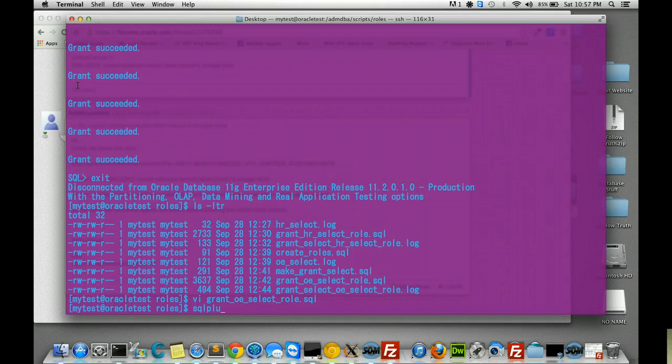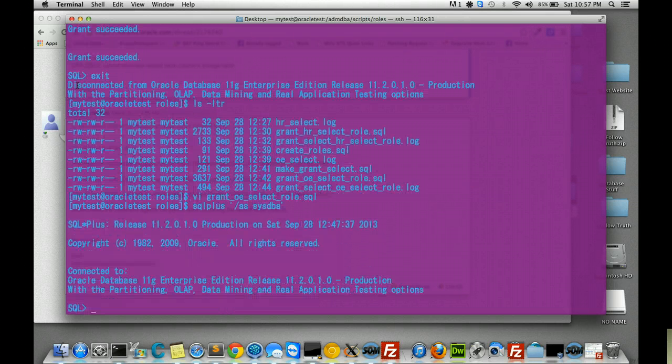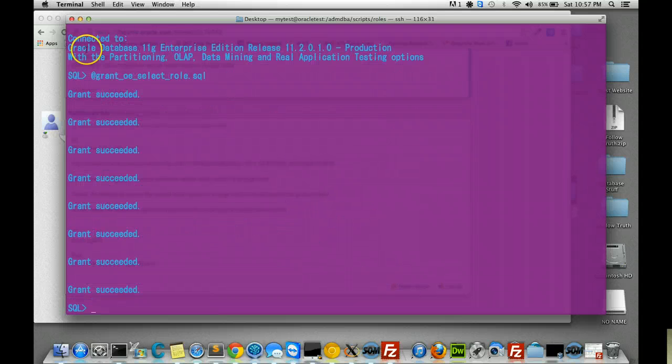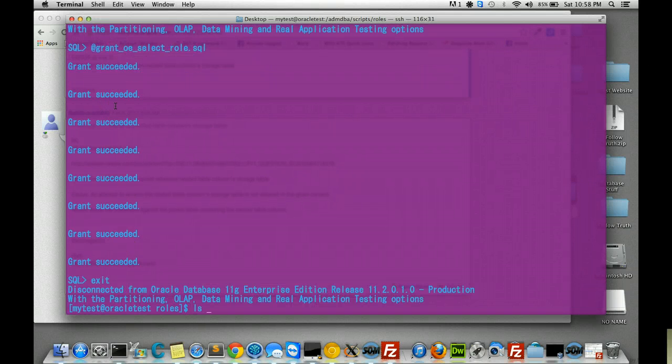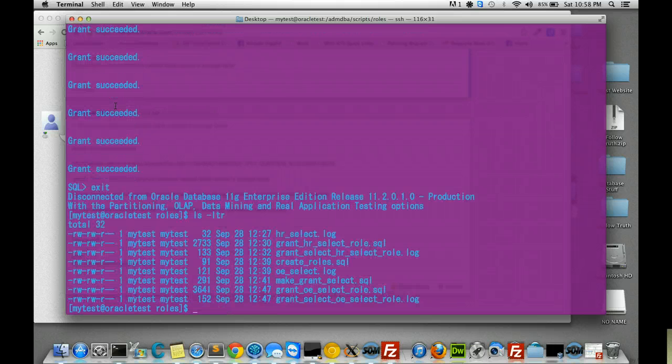is just to be on the safe side. Don't really have to, but I want to, so I'm gonna run it again. Grant OE select row.SQL. Okay, now you see all of them succeeded because we commented those other ones out. So that was actually 8 grants. So now if we come down here,